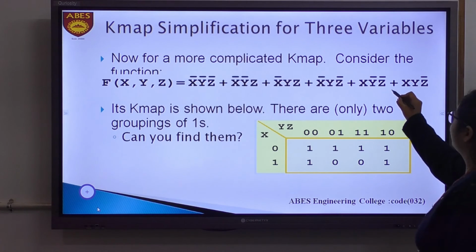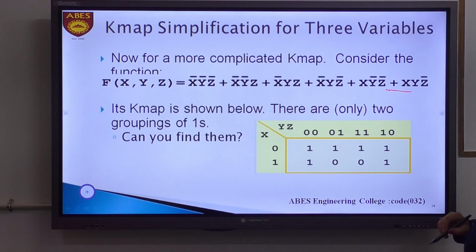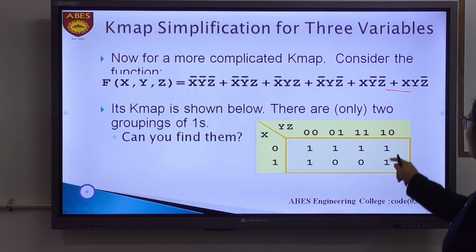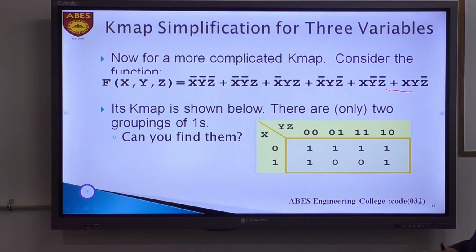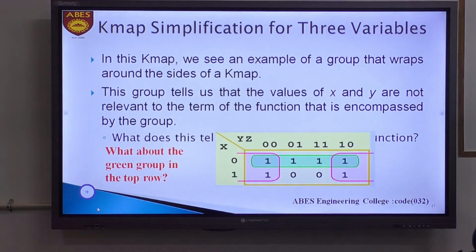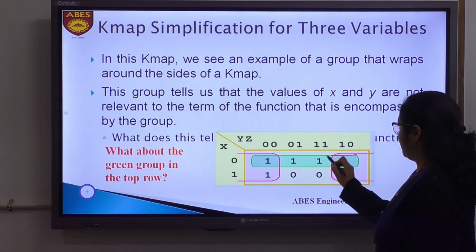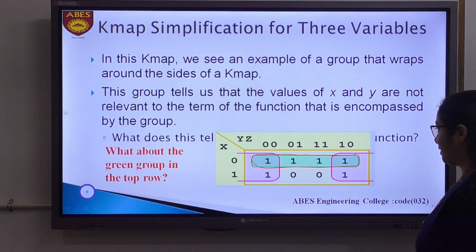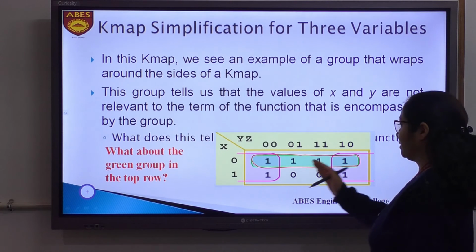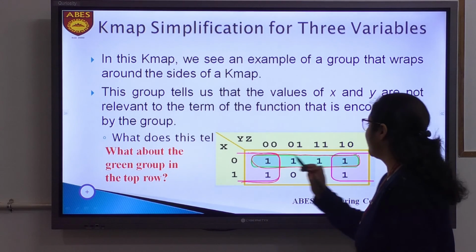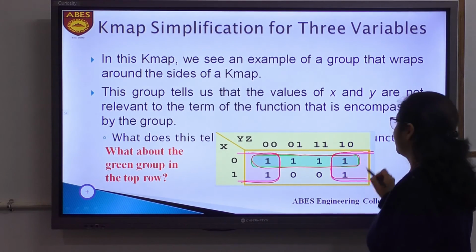Similarly, we have another 3 variable Boolean expression. We have mapped all these minterms in the K map at the following positions. Now we have to find the largest possible groupings of the adjacent ones, so that we can reduce this expression. As we can see here, one possible grouping is shown by the green area, 4 adjacent ones, and as I said also, on the edges of the K map we can also have groups. So here one more grouping of 4 adjacent ones is this.